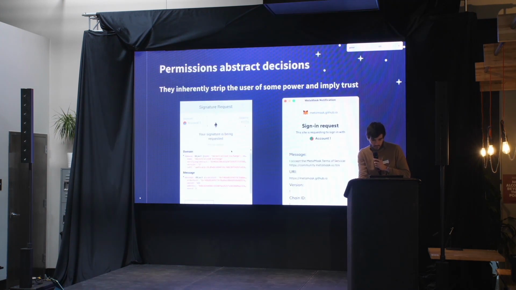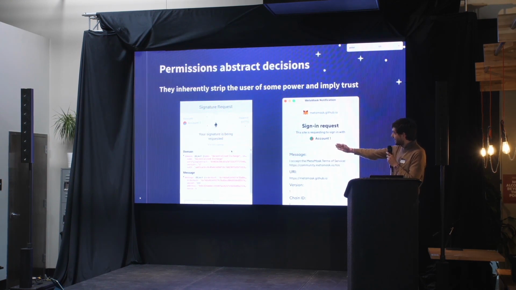So first, the problem with abstractions. At a high level, abstractions create intermediation. And intermediation, to some extent, implies trust. Trust in a system, trust in a product, trust in an organization. And trust is a good way to mean that things can go wrong. And so you have here 2 screens for MetaMask.